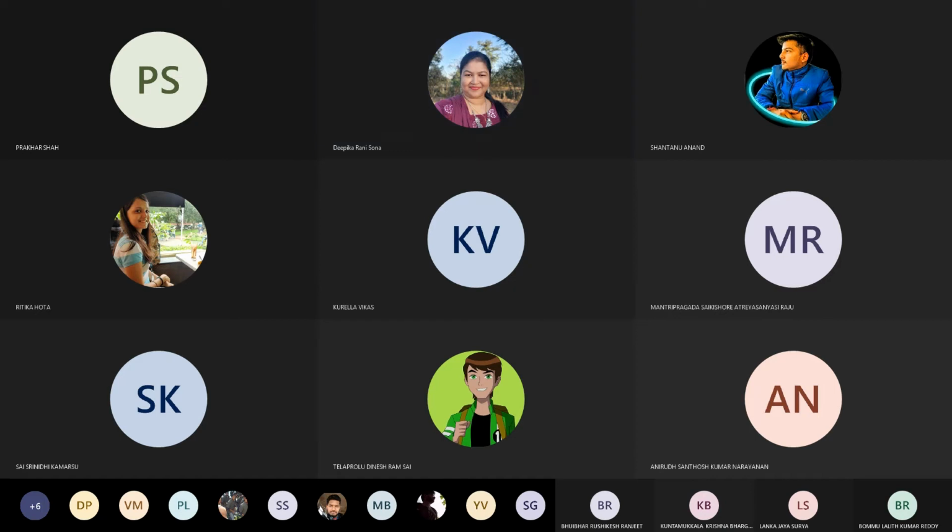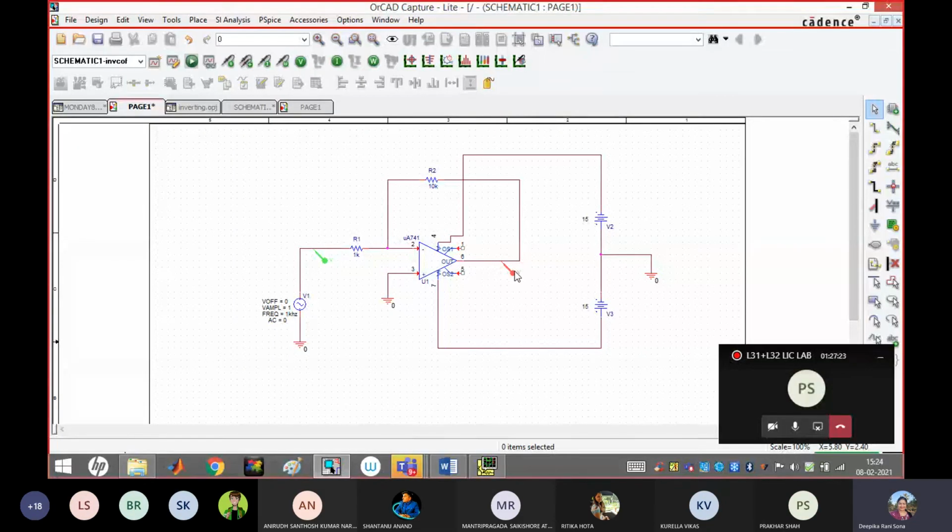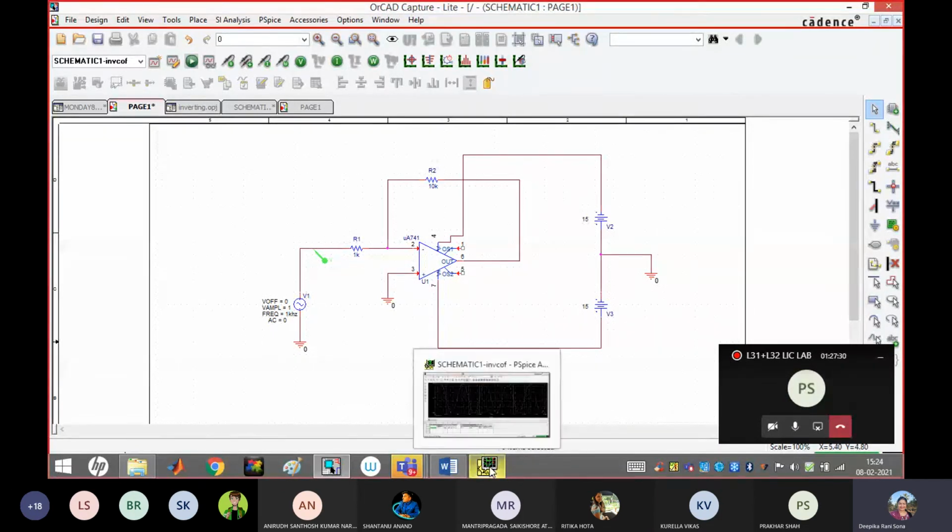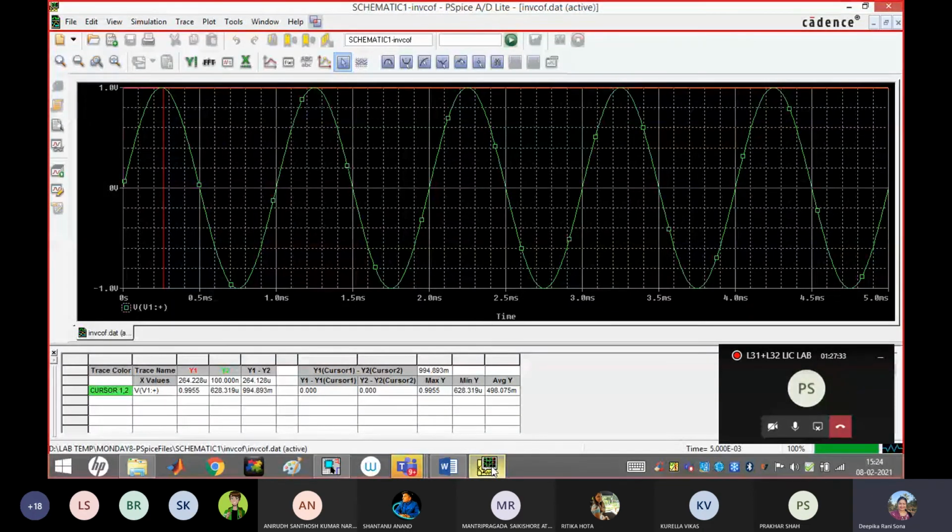Just follow my screen, guys. Suppose I want to see my input and output in a separate window, not overlapping each other. So presently see, input is coming, right? I want to show it in 2 separate windows. This is my input only.